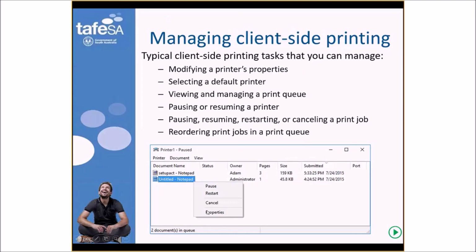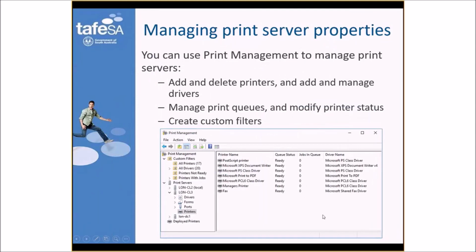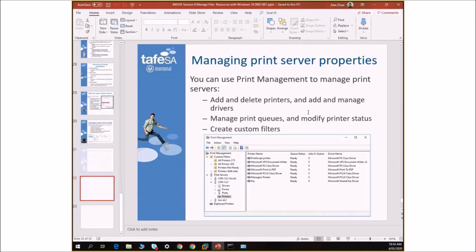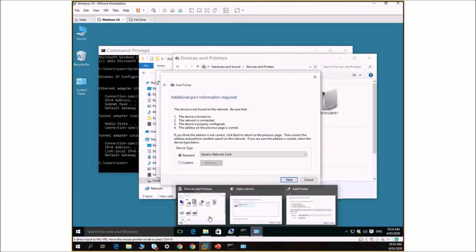So as a client, as a user, I can see my print queue, and I can cancel, stop, restart, pause the print jobs, or even reorder. So we can manage client-side printing by doing that as well. But we can also share printers. When we share printers, we make this printer that's connected to our computer available to the network. And also, when it's available to the network,